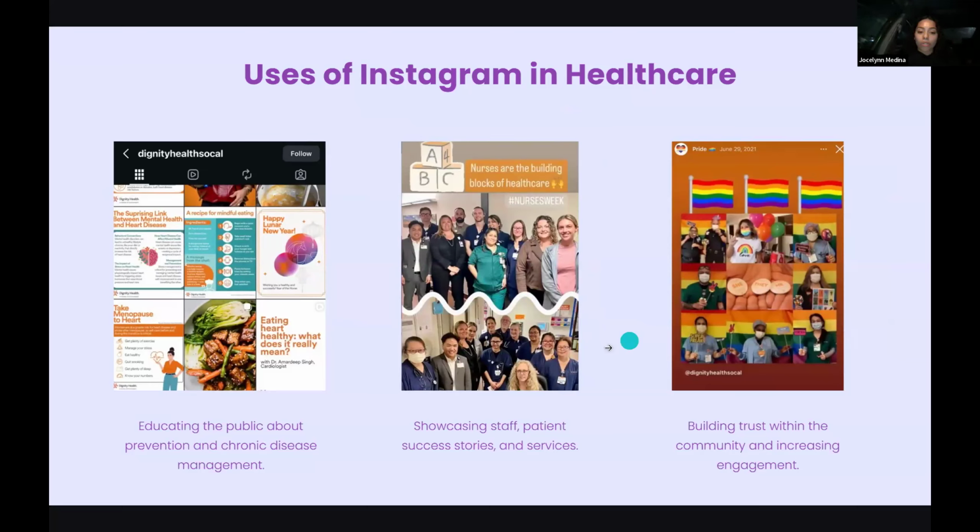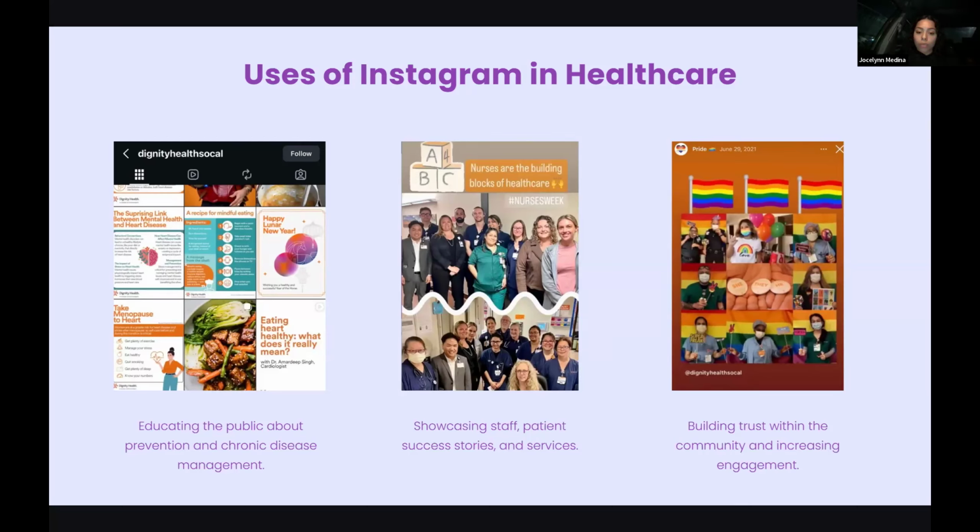They also showcase staff, patients, success stories, and services, obviously in line with HIPAA rules. The post above the text is a post also from Dignity Health, where they're showcasing their nurses for Nurse Week and taking pictures and just showing the community that they're really a family and that they're all really connected and work as a team.